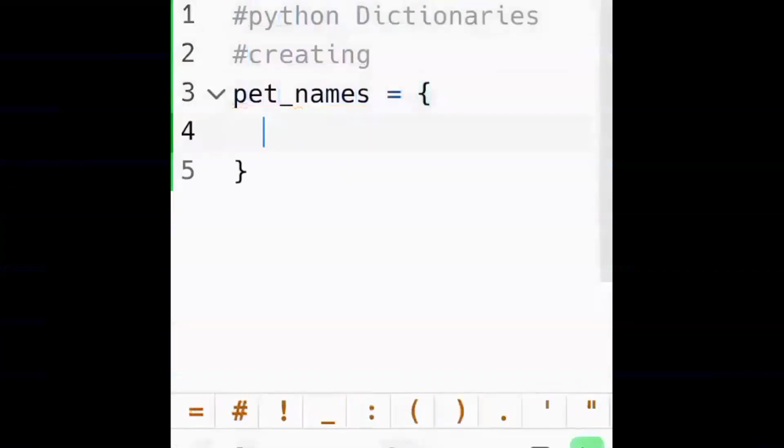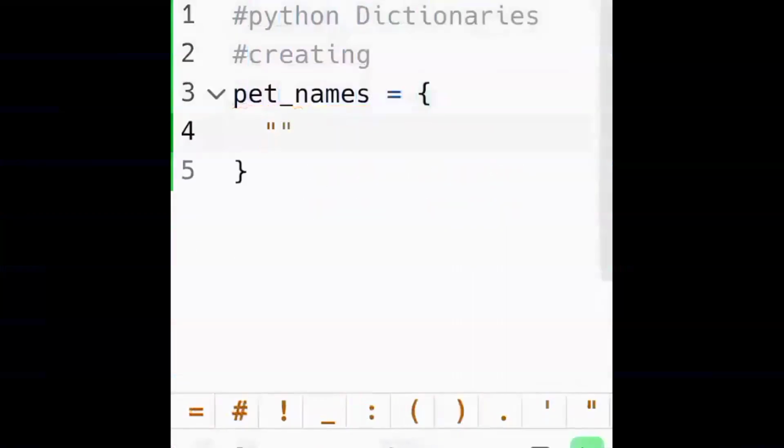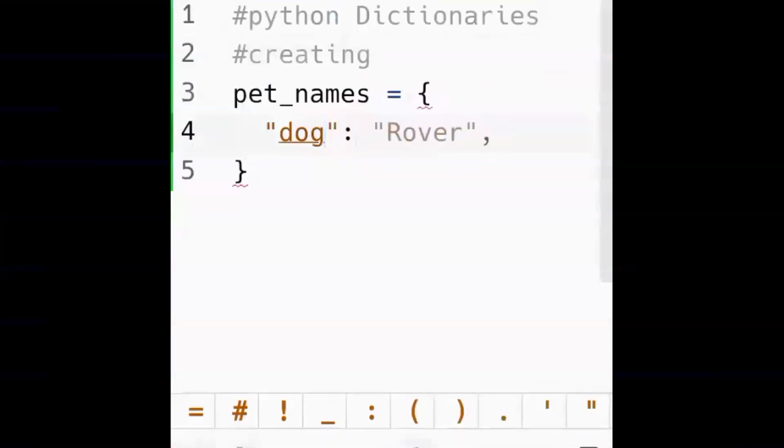I call it pet names. So I have this key-value pair. The key is going to be dog, and remember it has to be a string, and then a colon. After the colon, what do you write? The value of the dog, that means, in this case, the name of the dog.